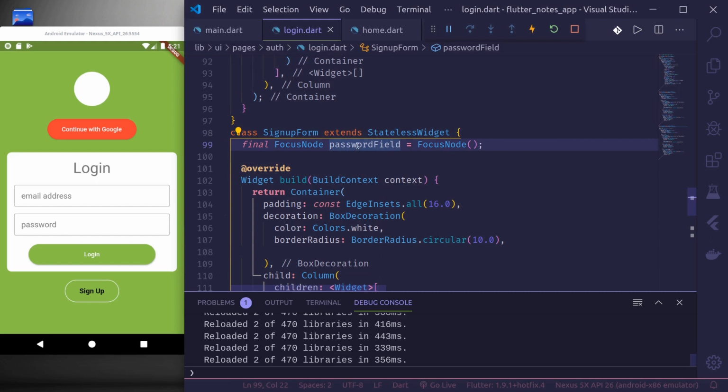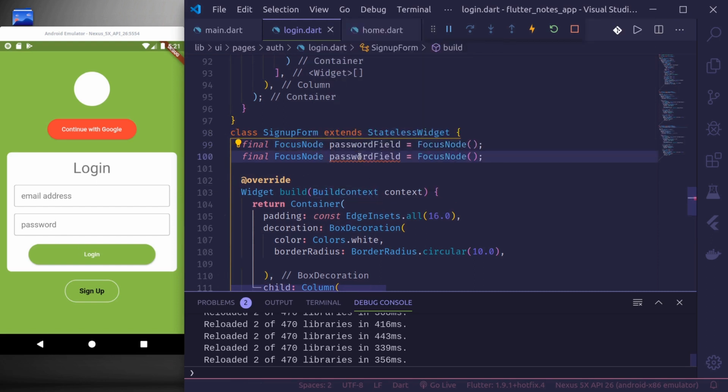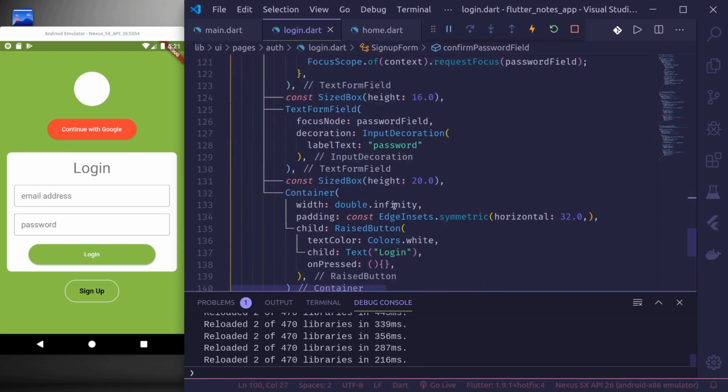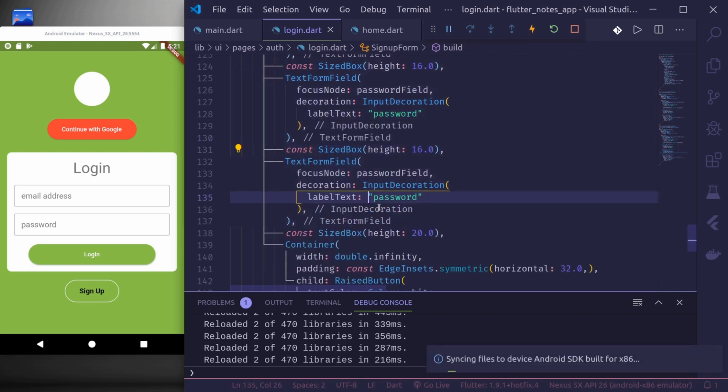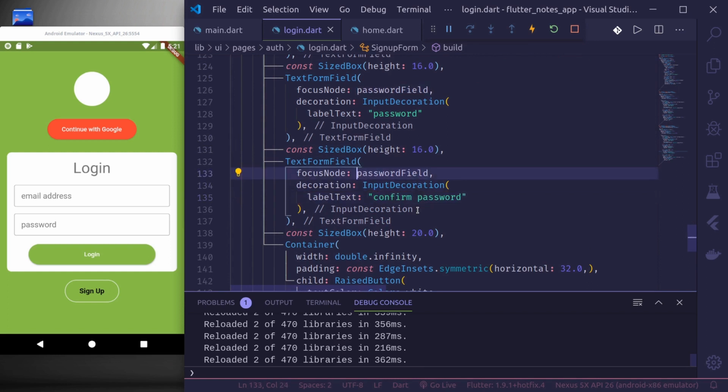So here again I'll duplicate this line and make this confirm password field, and I'll duplicate the password field, okay, and make this confirm password